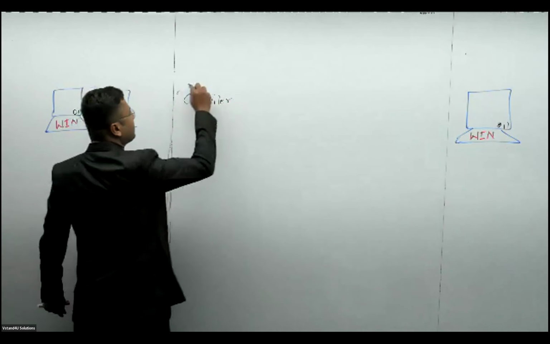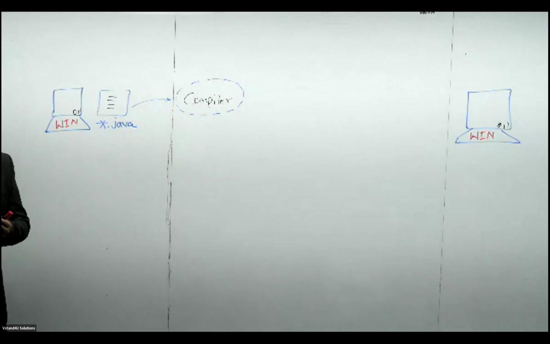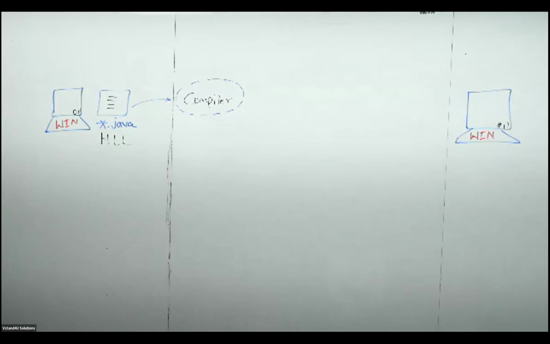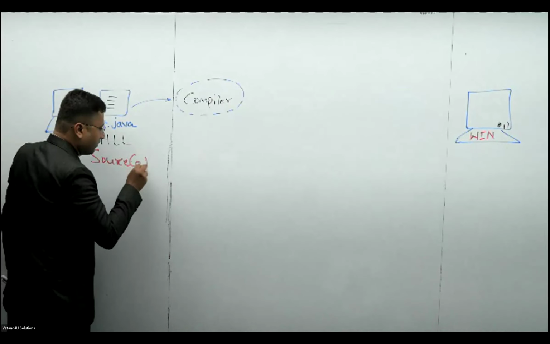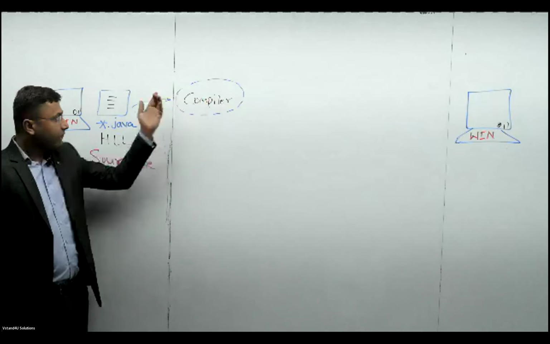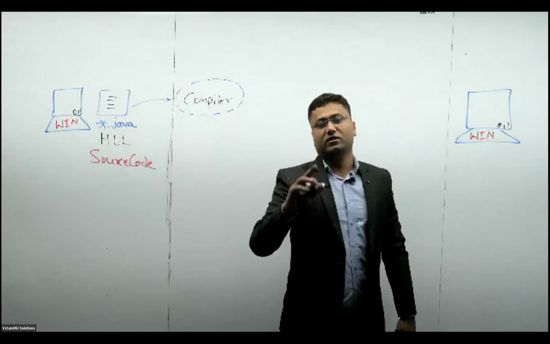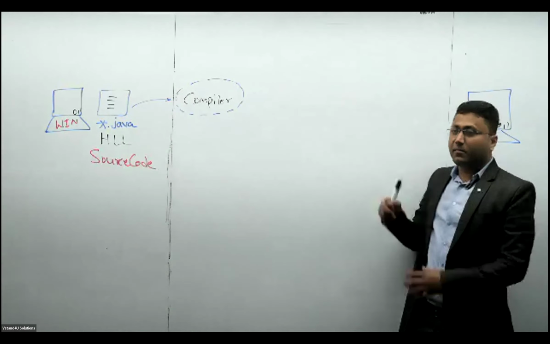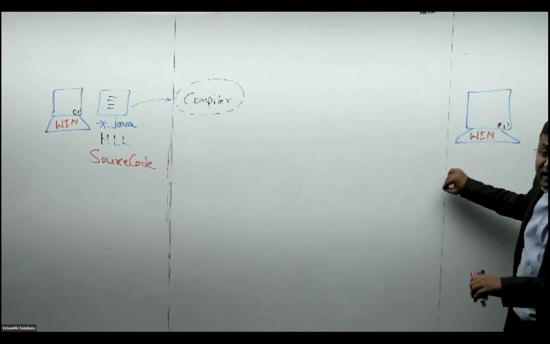Compiler reads what? Compiler reads high level language code. This is written in high level language, also called the source code. Am I right? This source code was being converted directly into the machine level. Machine is what? Windows. So it converts as per Windows. It was working only in Windows.